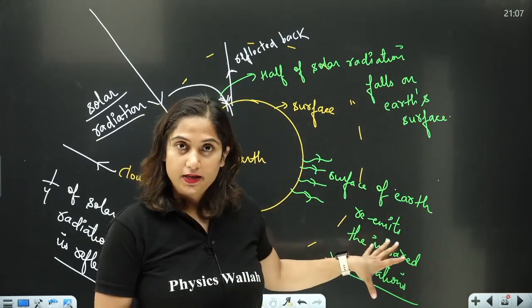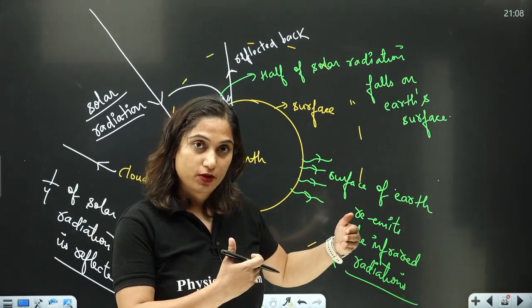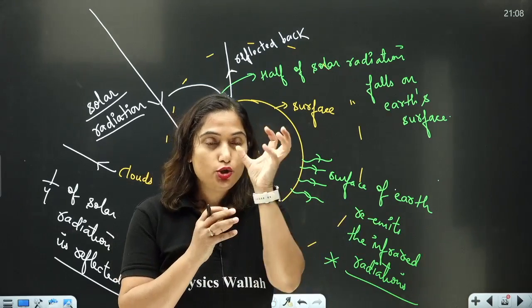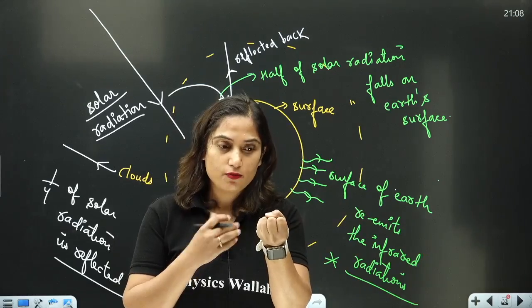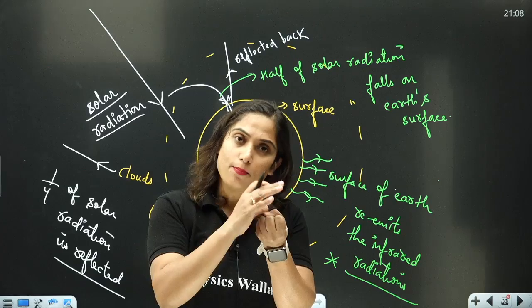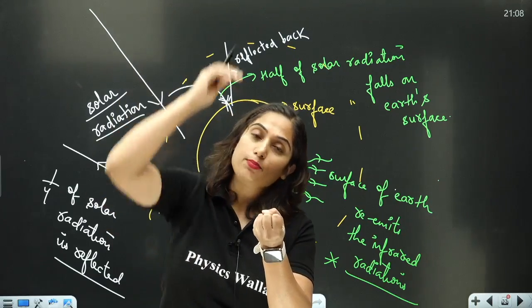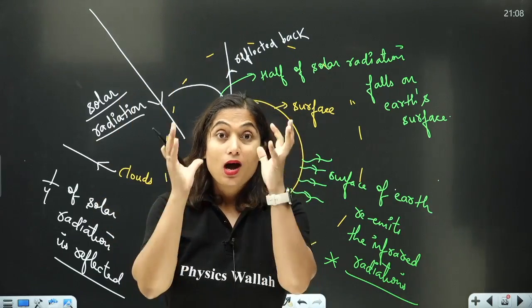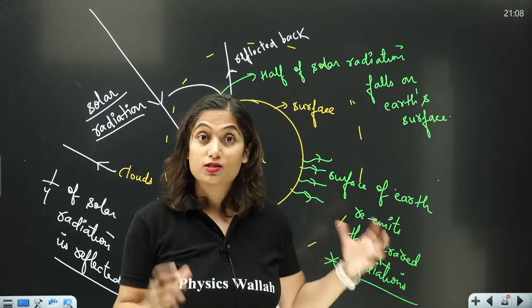Some part of the infrared radiations emitted by the Earth's surface used to stay in the Earth's atmosphere, which was used to create the greenhouse effect, very good, and some part of it used to escape the atmosphere. But now a larger part of these radiations are